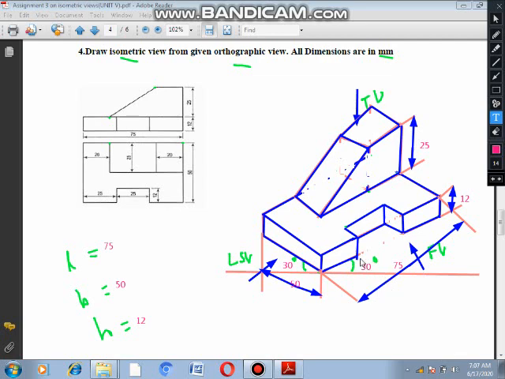Okay. Just watch the diagrams again and listen. Then it is very easy to understand. It is somewhat difficult, but listen, and it is very easy to understand, easy to draw the diagram. Okay. Very interesting these diagrams. How to construct the isometric view from the orthographic view. Okay. Thank you.